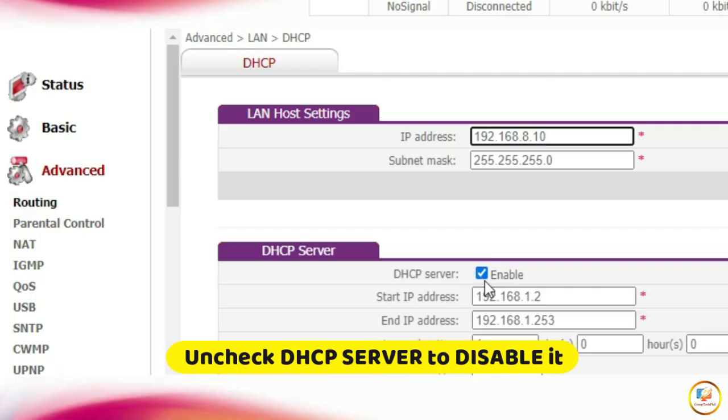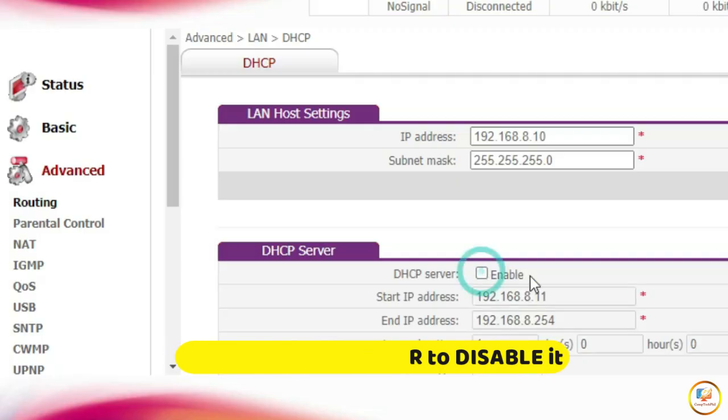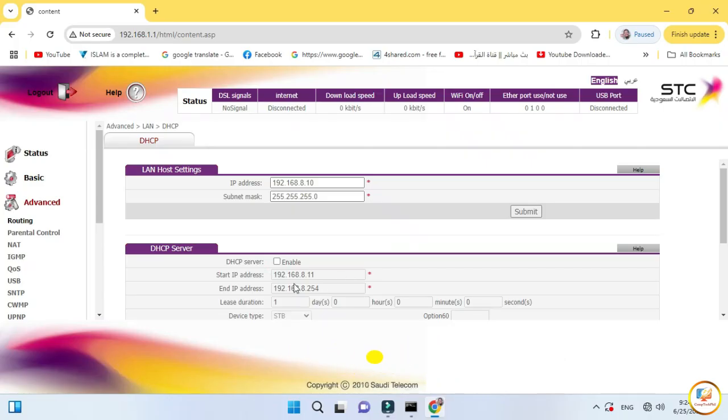So we're going to disable this server, just uncheck the enable.